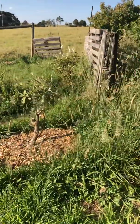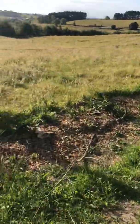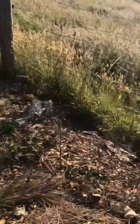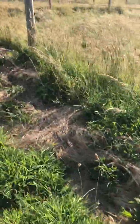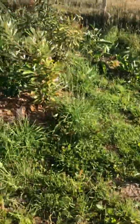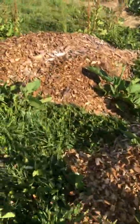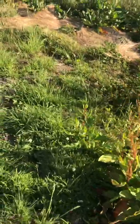So we've got some banksias here, and this hedge has been planted out too. Some comfrey, some loganberries, some things that haven't survived obviously. But overall I'm fairly happy with our progress this year. There's a lot more to do, but we seem to have got control of some of the weeds, the big thistles. The dock is still here,